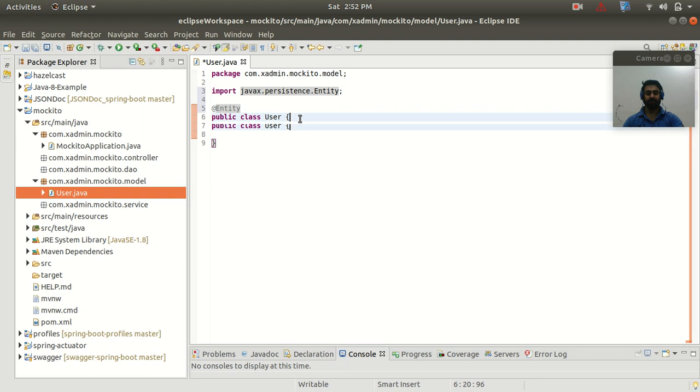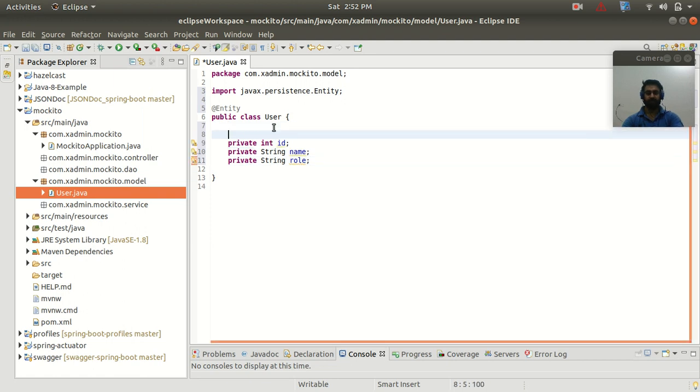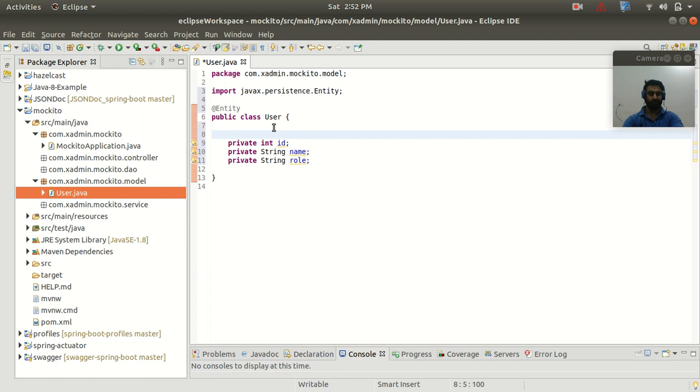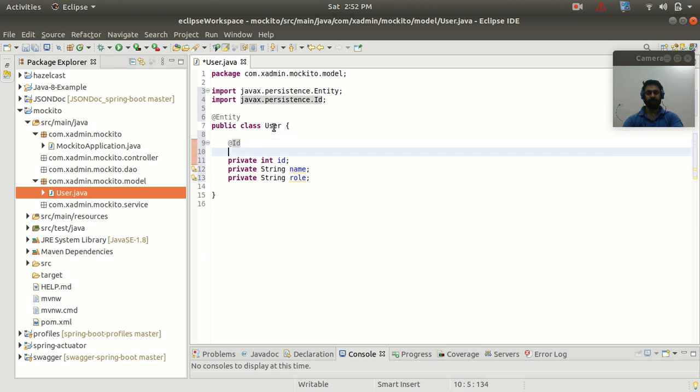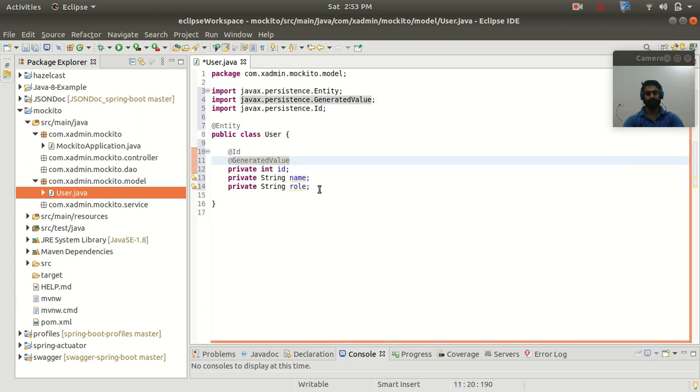And the User class has three attributes: an integer type of id, and the name of a string type, and let's say one more property as a string type named role. So guys, these are the three properties I have added to my User class or model class. And here for id, I want the id to be the primary key. So mark this with the Id annotation. And here I want the id to be auto generated. So here mark this with the GeneratedValue annotation.